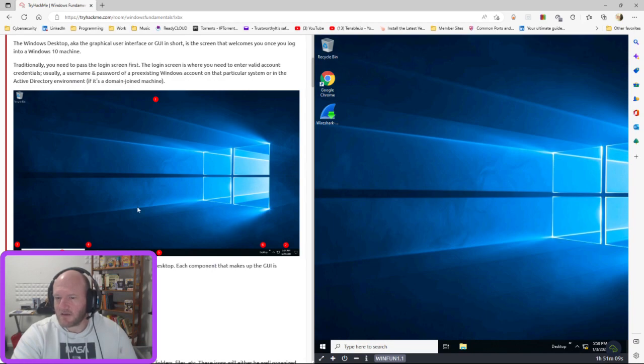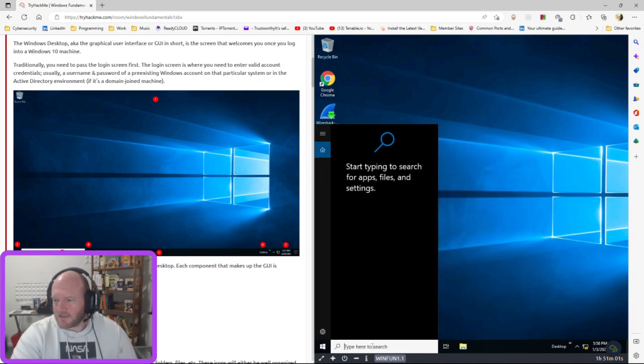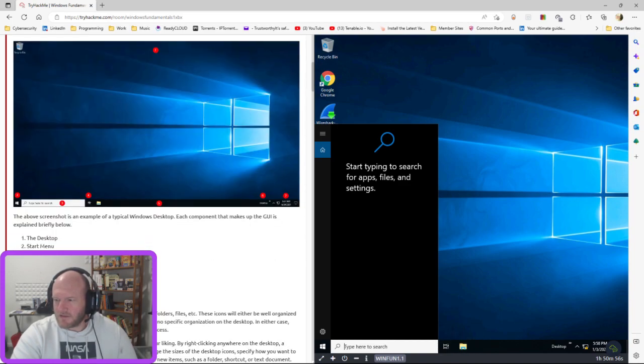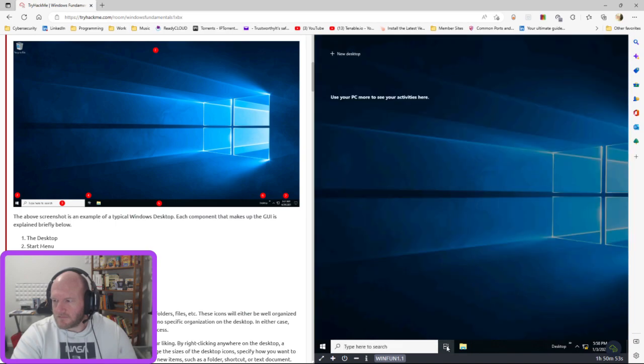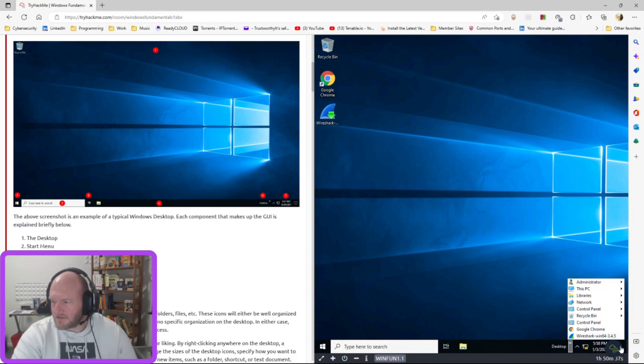This is a desktop. This is your start menu. You have your Cortana search box. Then your task view. Taskbar. Toolbars. And over here is your notification area. You can't see it because of this little chat window, but